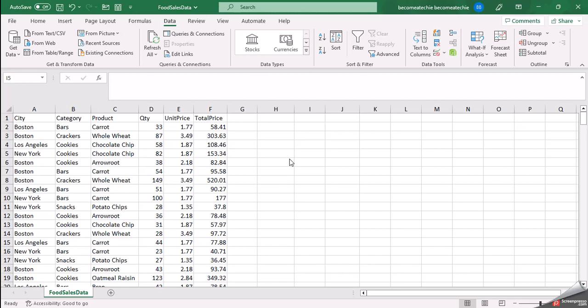First of all, data validation is where you want the user to choose the value only from a range of values or a range of options. So for example, you have